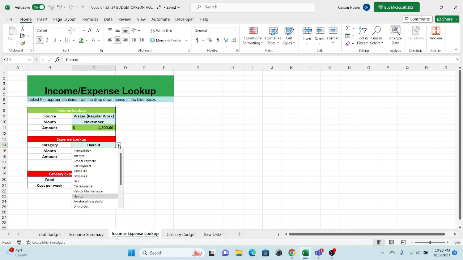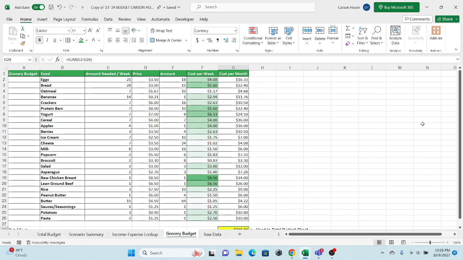So for our income expense lookup, say you want to look up a certain expense. Like our car payment for October, it's $350. So if you just want to look up a certain value from the total budgeting, it's good for that. Same thing with groceries. Bananas cost per week is $2.94. Same thing with income. And then for the grocery budget over here, we just have a bunch of food items,